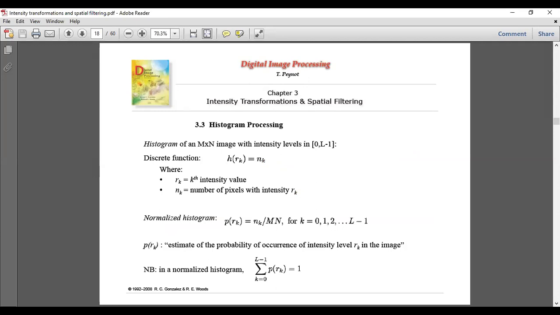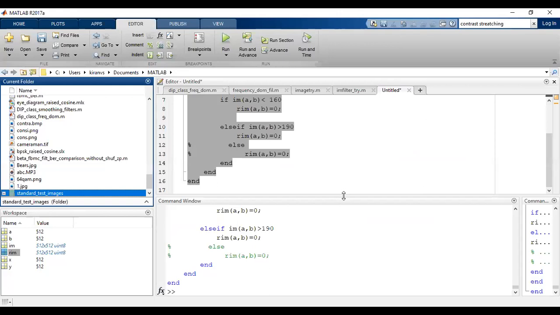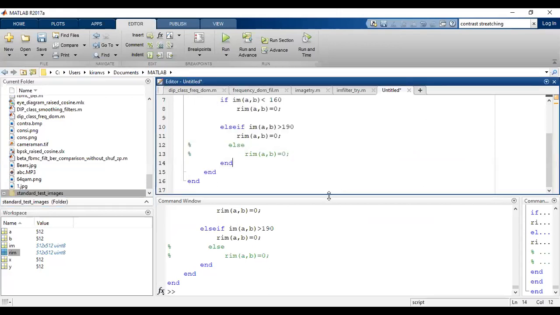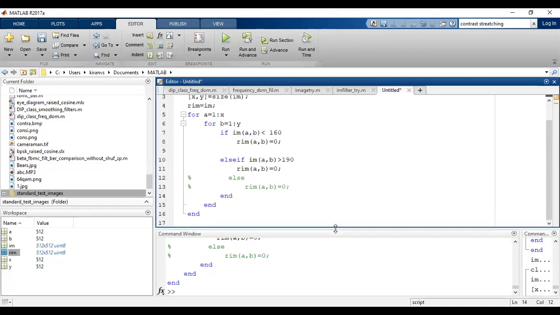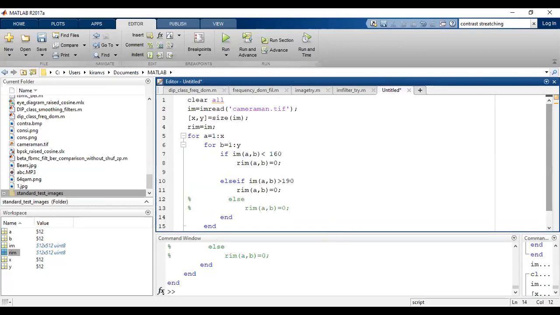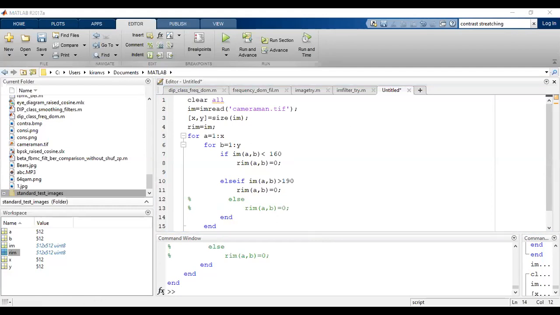Now let me go to MATLAB. Here I have opened the MATLAB window. Let me share the screen with you. Now can you see this MATLAB screen? Can you see the MATLAB screen now? Editor. Okay, sorry. Now here we are in the MATLAB thing. Anything spooky? Okay.